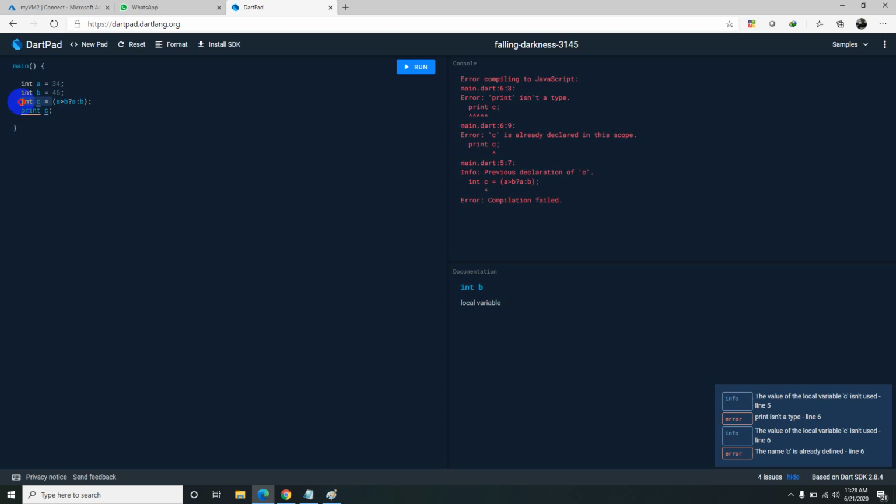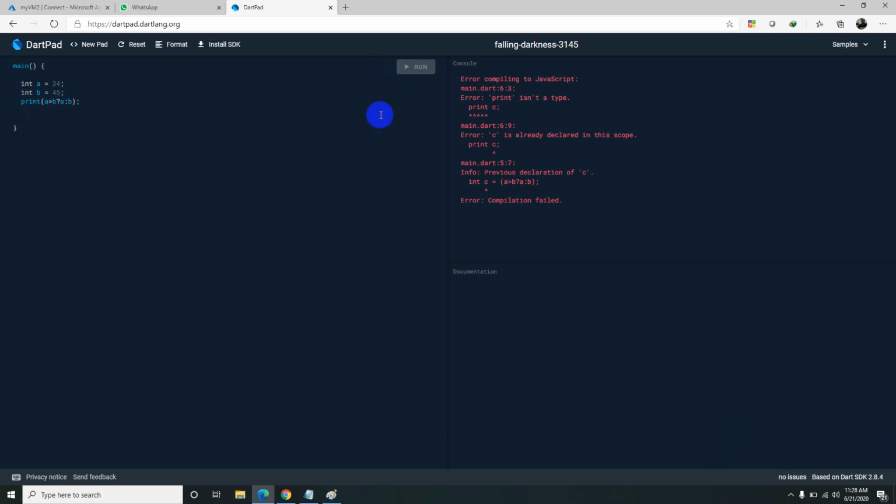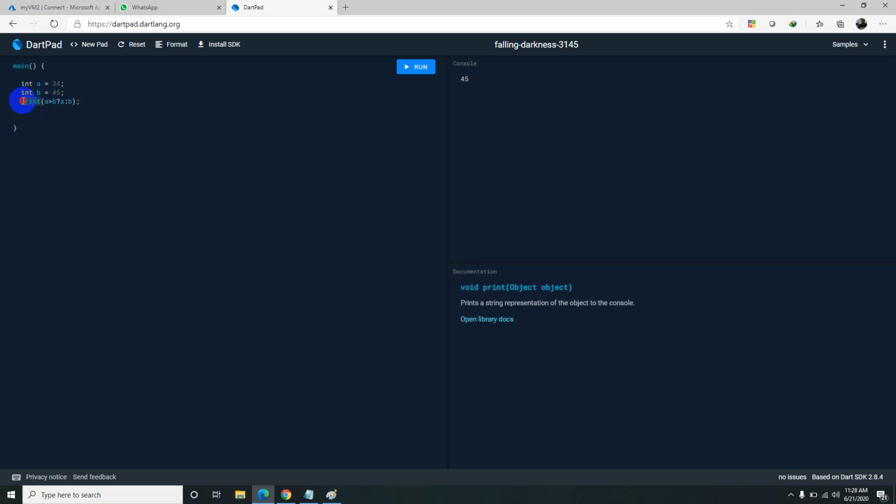So let me print it directly. Now it is working.